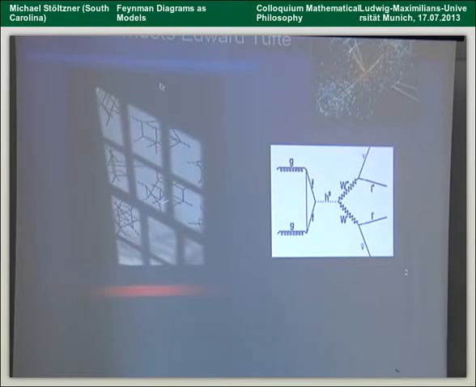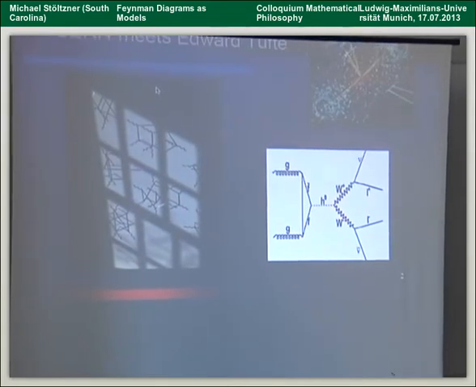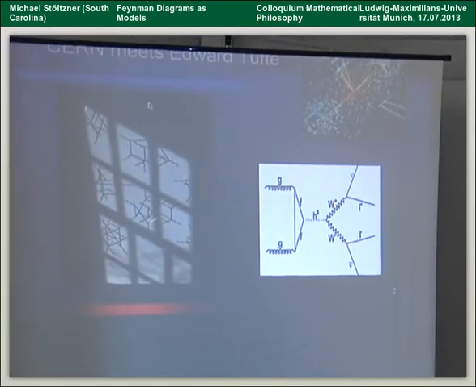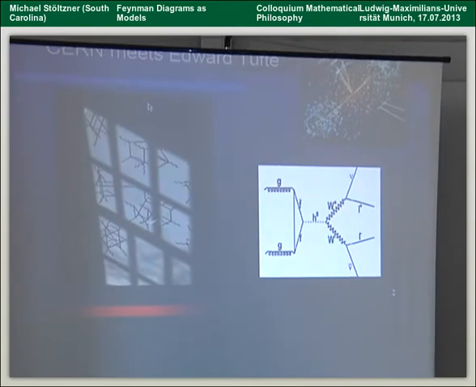They can be different things. Here's a real Feynman diagram where from gluons a Higgs particle is created and then it immediately decays into W's. This is one of the channels that they have spotted. Here is the artist and visual scientist Edward Tufte, who has a whole wall of metal Feynman diagrams. And here's a simulation of a Higgs process. And you see, well, it has something to do with scattering pictures.